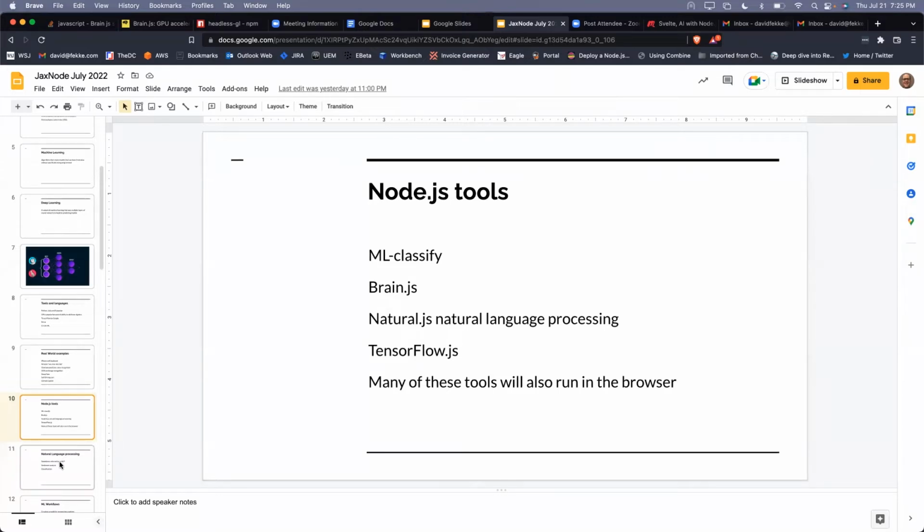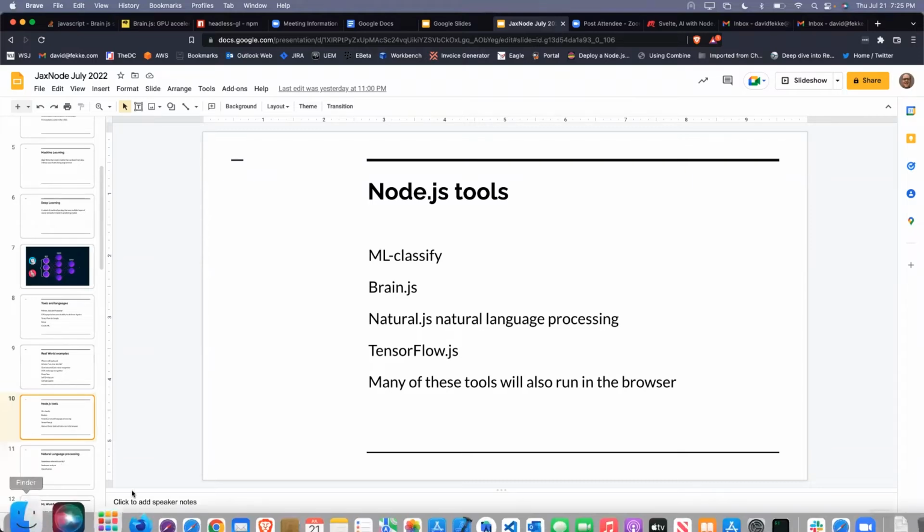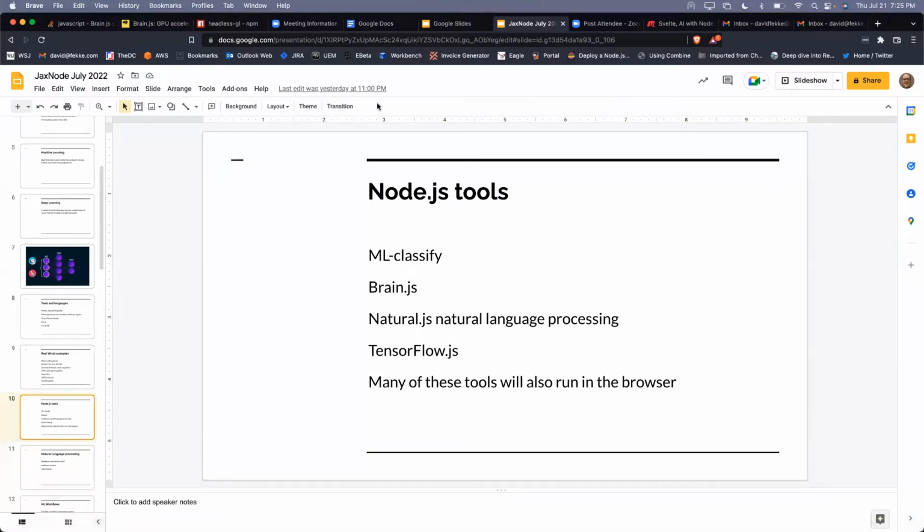Question. Yeah. Are these things actually running within the browser, or are they accessing a service somewhere else? You can actually run it in the browser. No external dependencies. That's correct, yeah. Realize I'm on mute, so I apologize. All right. So anyways, like I said before, many of these tools will run in the browser without having an